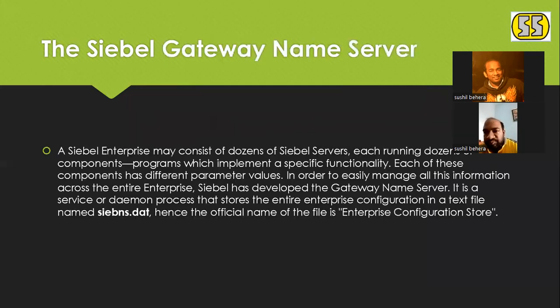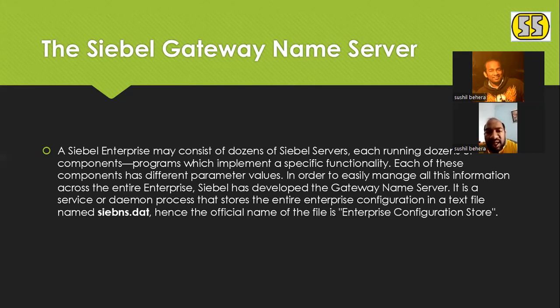Now, the Siebel gateway name server. The Siebel enterprise may consist of dozens of Siebel servers, n number of Siebel servers, each running dozens of components. What is a component? A component is a program which implements a specific functionality. Each component has a separate functionality, and each of these components has different parameter values. To easily manage all this information across the entire enterprise,